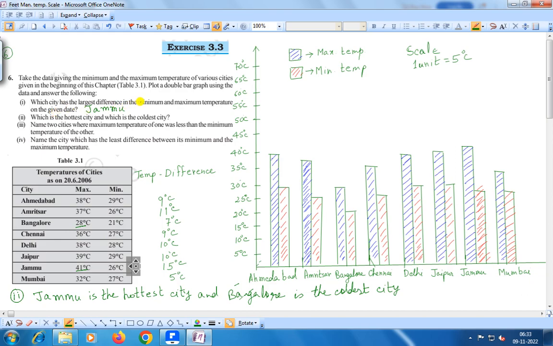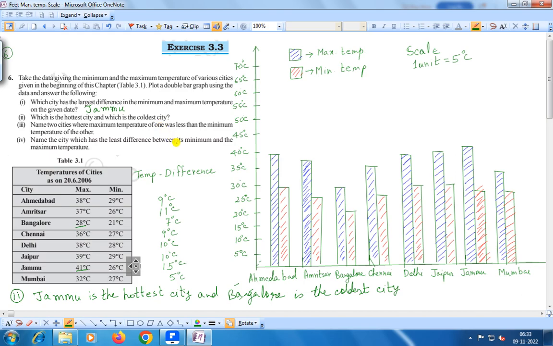less than the minimum temperature of the other. Right? Now if we compare from the table or from the graph, from both we are getting Bangalore and Jaipur. In Bangalore, the maximum temperature is 28 degrees centigrade and the minimum temperature is 21 degrees centigrade, right? And Ahmedabad, its maximum temperature is 38 degrees centigrade and minimum is 29 degrees centigrade, right? Here the question: name two cities where the maximum temperature of one was less than the minimum temperature